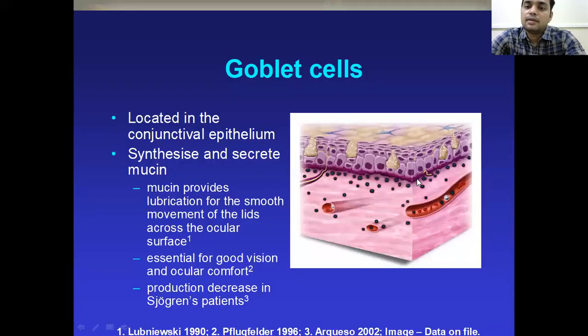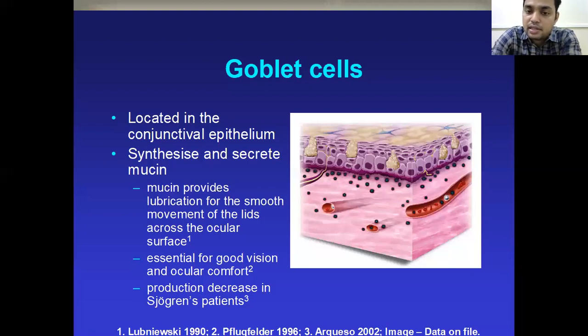So basically, this mucin layer converts the hydrophobic cornea into the hydrophilic cornea. There are small microvilli present at the corneal epithelium. When this mucin is attached to the corneal epithelium, it converts the hydrophobic nature of the cornea into the hydrophilic nature. By converting into the hydrophilic nature, this helps in preventing the breakdown of the tear film, and